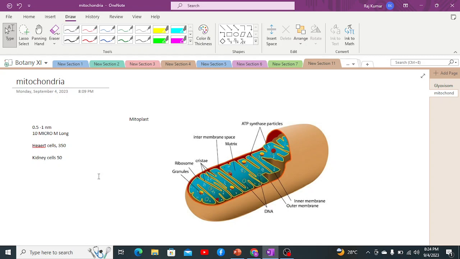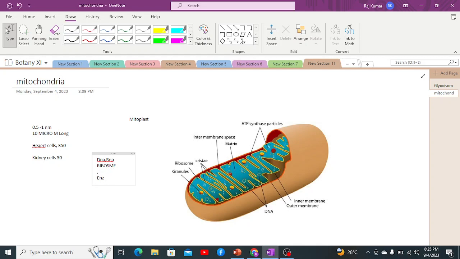When we subtracted the cell wall from the cell, it formed protoplast. In the same way, this is mitoplast, which is formed by subtraction of the outer membrane from the mitochondria. It is a self-replicative organelle, which means it can do self-replication, and it has DNA, its own RNA, all three types of RNA, as well as its own ribosomes, but those are 70S ribosomes, and